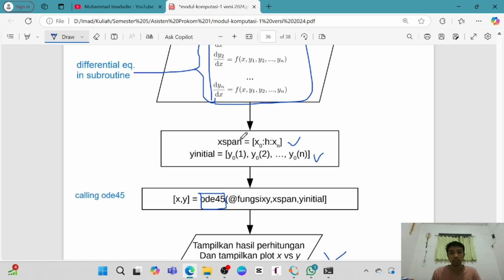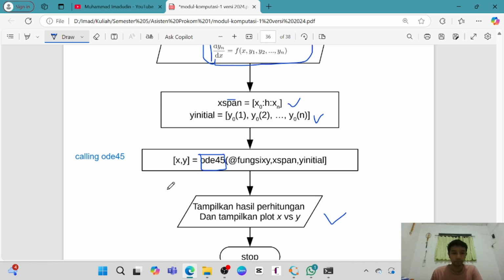Then in the main code we have the expand. Expand is the interval. Then the y initial is the value that we seek.